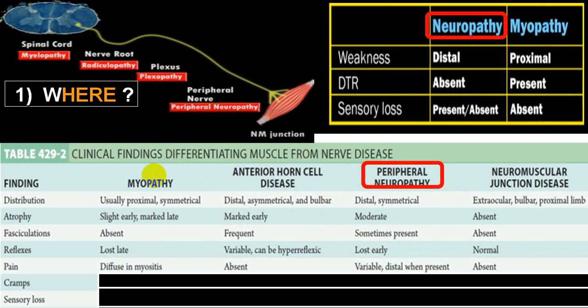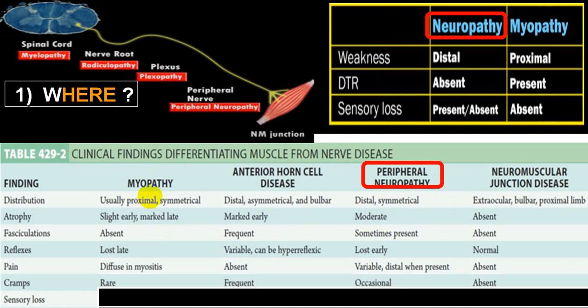Pain is not a common symptom in case of anterior horn cell, but in peripheral neuropathy it may be present. It will not be present in neuromuscular junction or myopathy. But when it is an inflammatory type of myopathy, then you might have pain because of inflammation. Cramps are very common in anterior horn cell, but by and large in myopathy they are absolutely rare. In neuromuscular junction they are absent, and in peripheral neuropathy, if the motor system along with the sensory system is involved, you might have cramps.